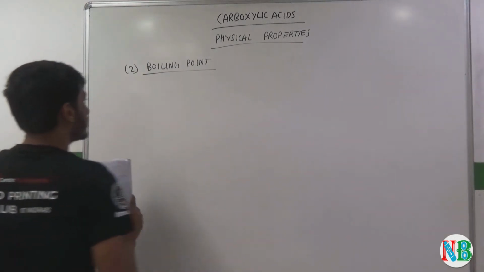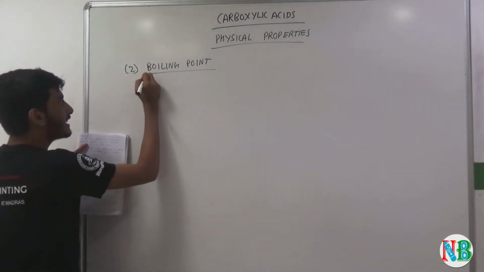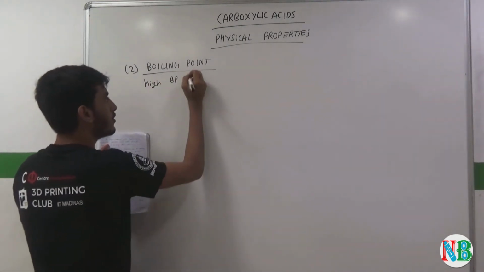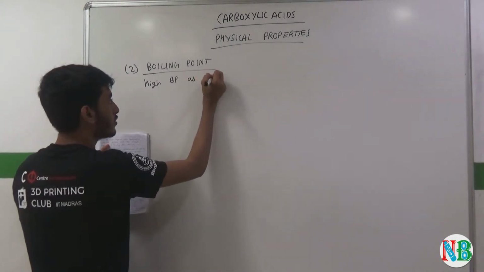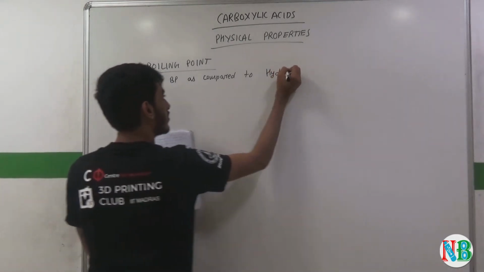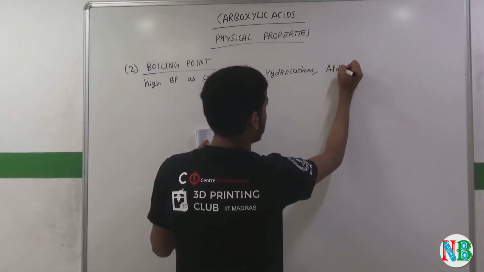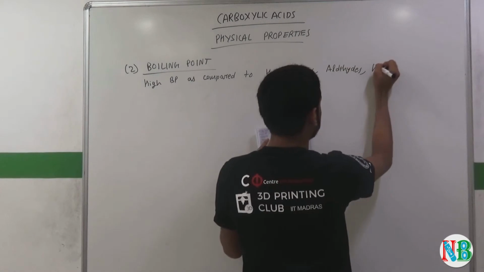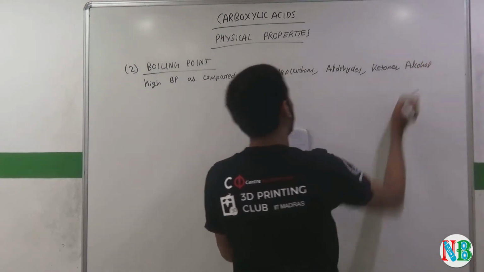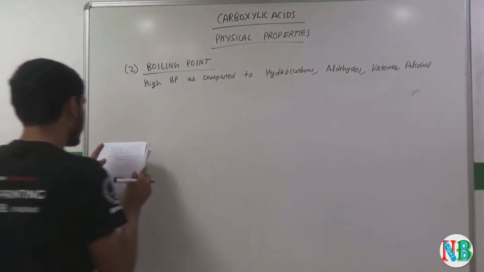So if you compare acid with hydrocarbons, alcohols and all of them, we see that they have a high value of BP when compared to all of them: hydrocarbons, aldehydes, ketones, and even alcohols. We know one thing, that alcohols have a high value of this, but we see that because